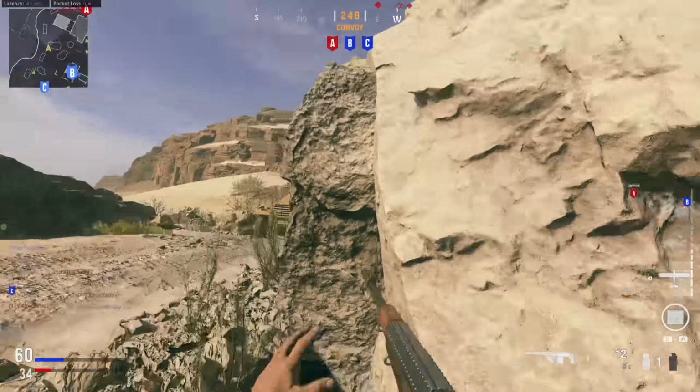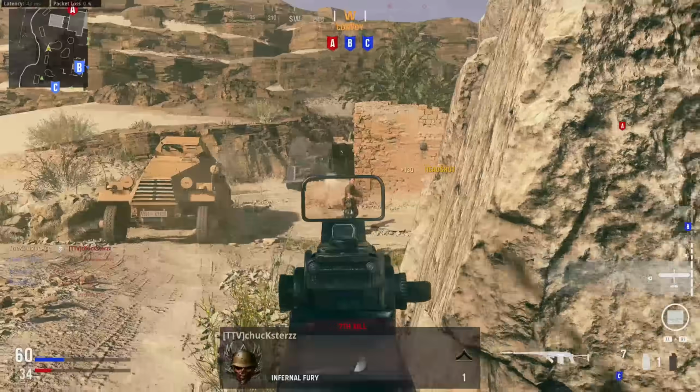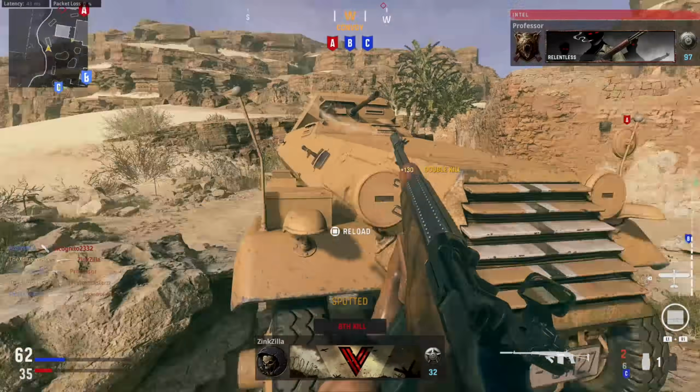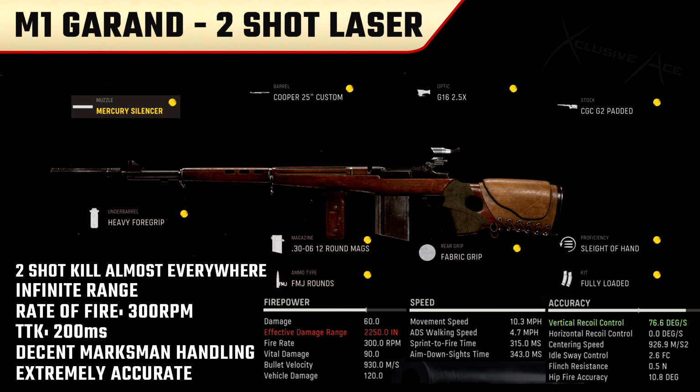And with that, we can finally move into some excellent attachment combinations, and we're going to start it off with my preference with the M1 Garand. This is my 2-shot laser. Now with this one, some of the keys are going to be the 30-06 12-round magazine, just so we get a little bit of a higher capacity. We've also got the padded stock on there, we've got the Cooper 25-inch custom barrel, and with all of this